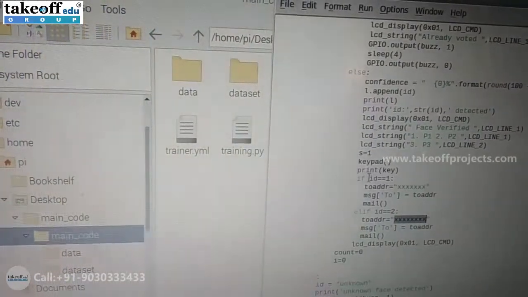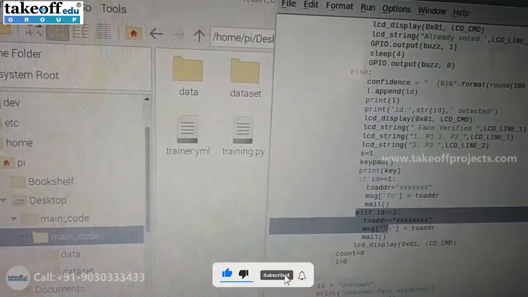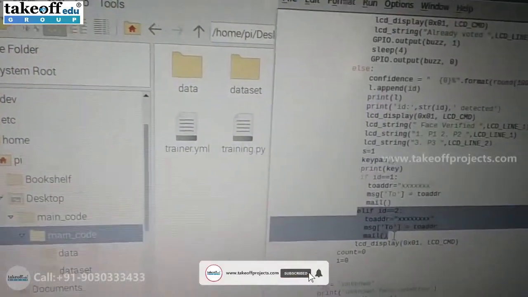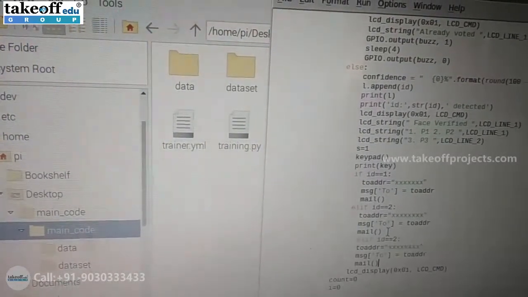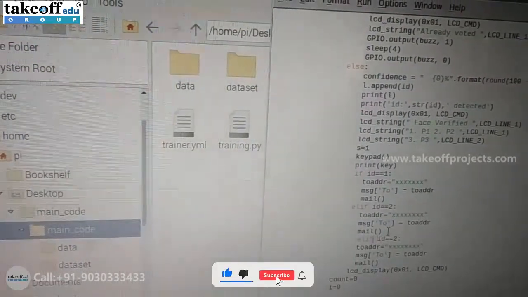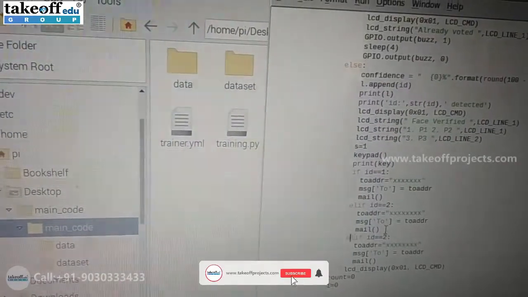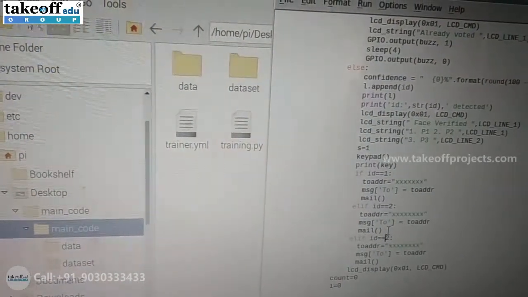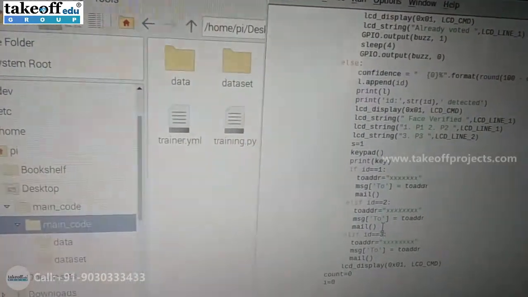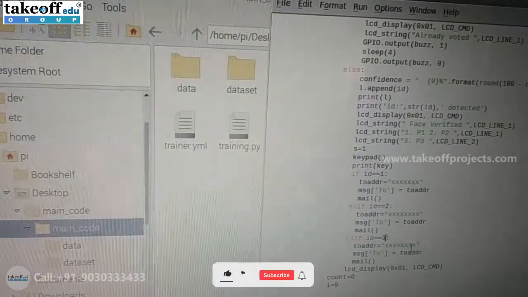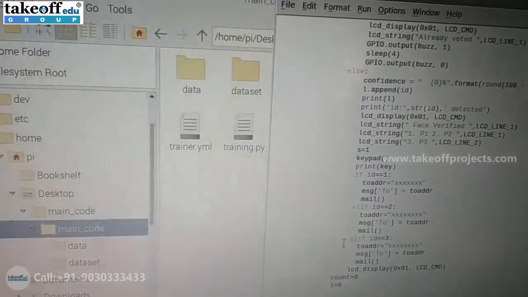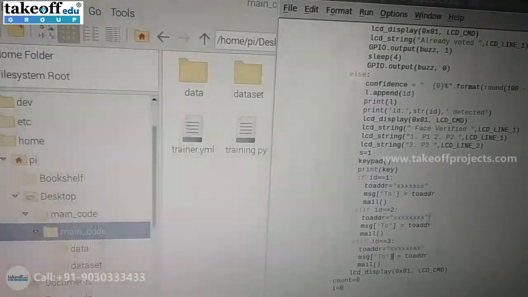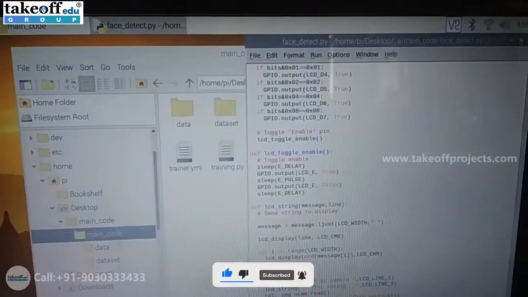You can extend this by copy pasting this. So for whoever is enrolled under ID 3, you need to enter their mail ID here. Like that you can extend this block for the number of voters that are enrolled. After entering those credentials, you can run the code.